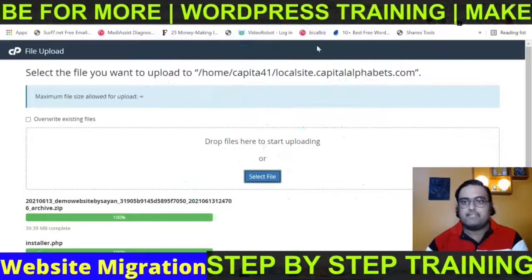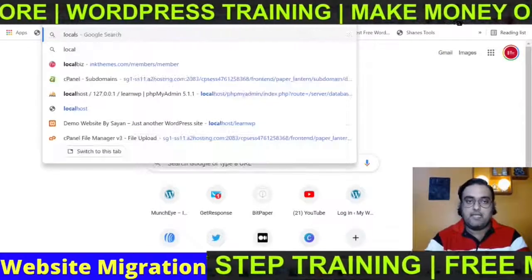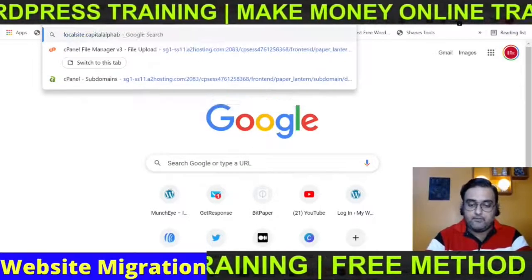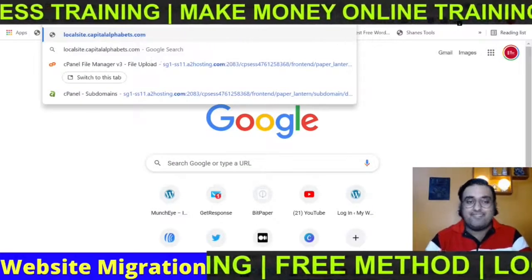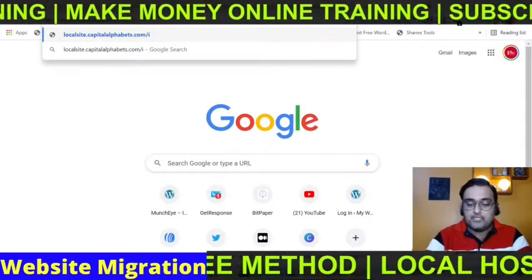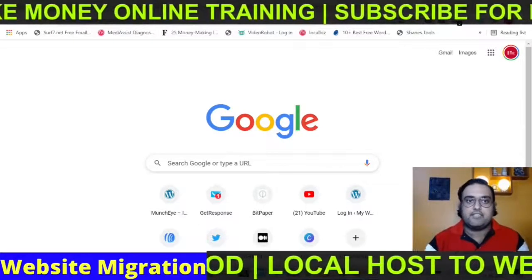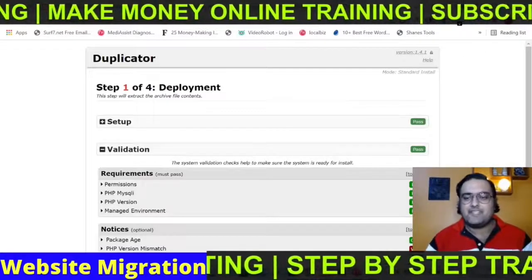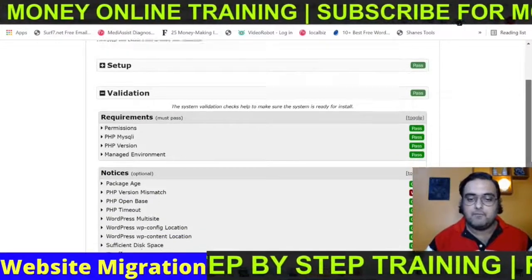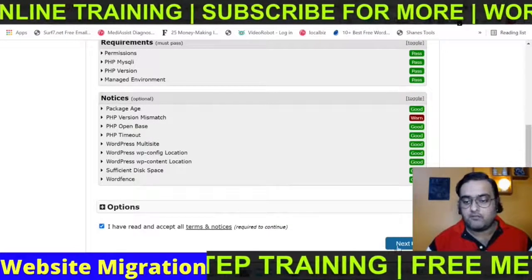Now coming to this seventh step, we need to open a browser tab, and in there we need to just type in the site address, that is localsite.capitalalphabets.com, and this was my subdomain directory, right? And then followed by /installer.php and hit enter. As you can see, the Duplicator screen has come up, and in here you can see all of these have passed, right? So you can just go ahead and click on I have read and accept all information